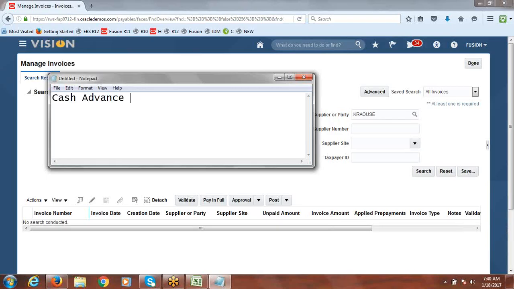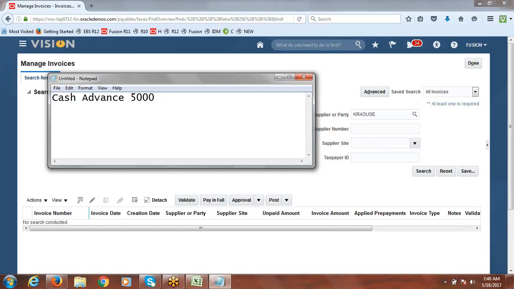Okay, you can create the cash advance, say with $5,000. You can create a cash advance in Fusion Expense using the same process. You will create it and submit it for approval. Once that is approved, you will transfer to payables by running the same program, Process Expense Reimbursement and Cash Advance. You'll run it, then this information will come to the payables.